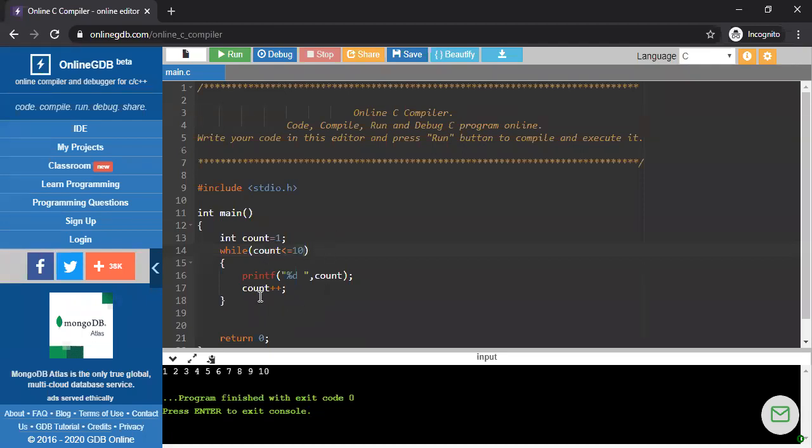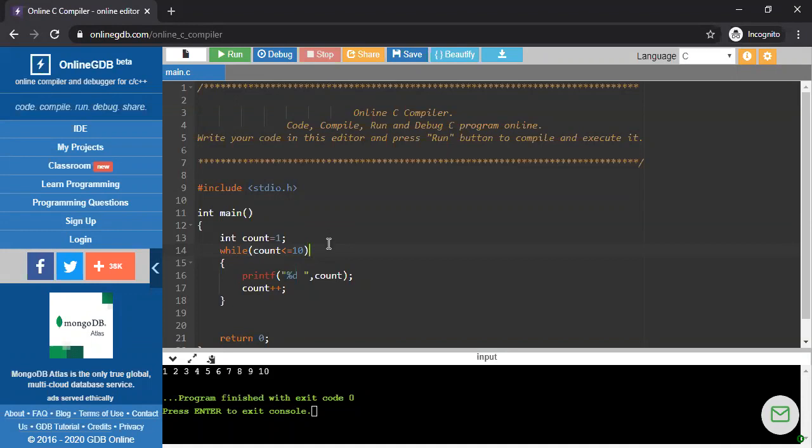So when the count value is 11, only in that case the condition is false and it will not enter that part, it will just end the program. So this is the simple working principle of the while loop. In the normal case, we don't put any semicolon after while except in some conditions. But in case of do while loop, we put the semicolon after while.